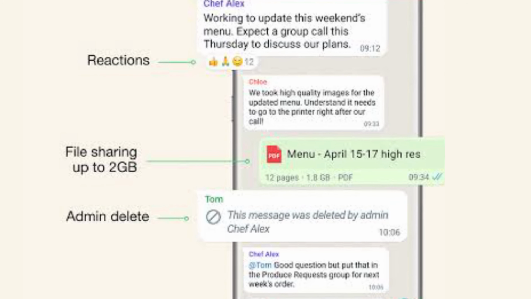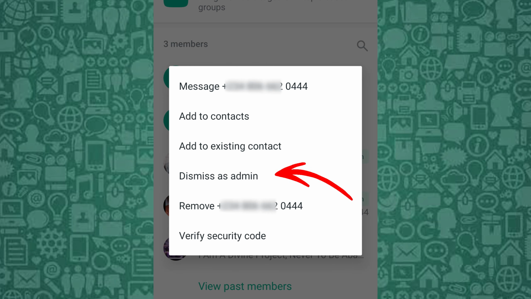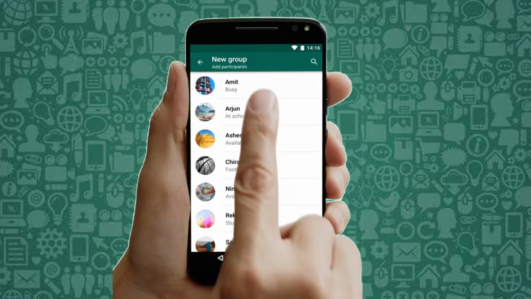Alternatively, if you wish to remove yourself as admin in WhatsApp, select your name, and you'll find the Dismiss as admin option. Keep in mind that only other admins or the group creator can remove you if you're not the